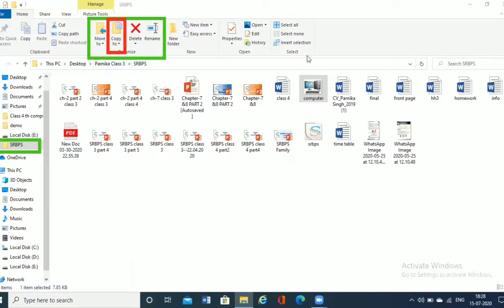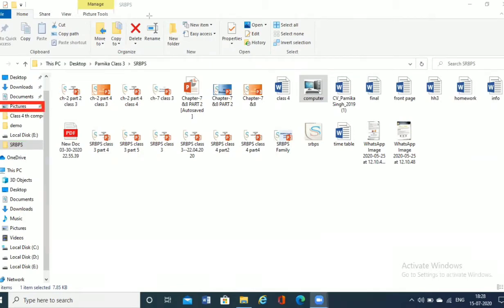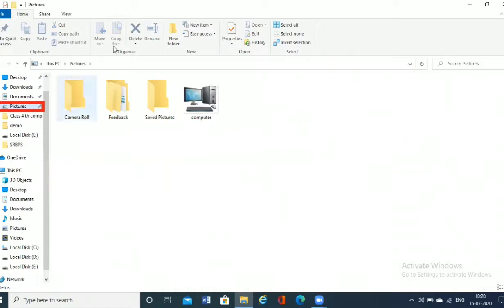You can see the original picture is here itself. Now we will see whether a duplicate copy is made in Pictures or not. I'll go to Pictures and click on it.